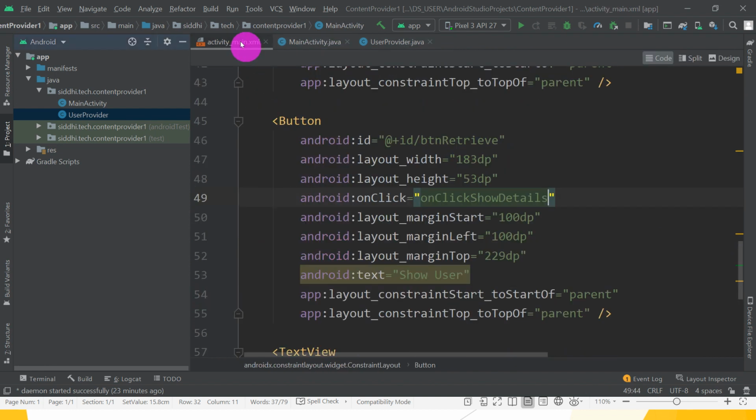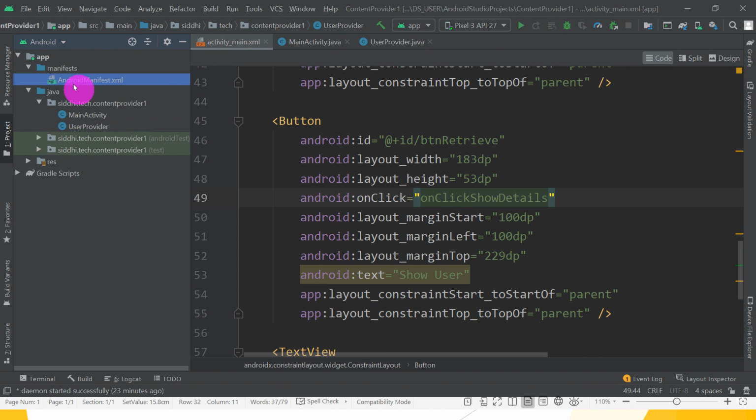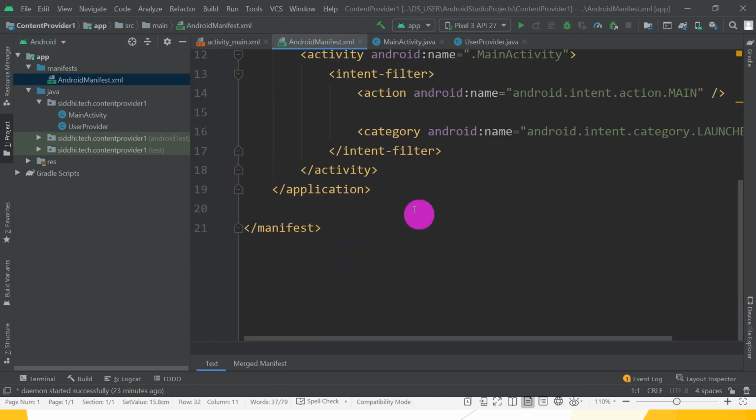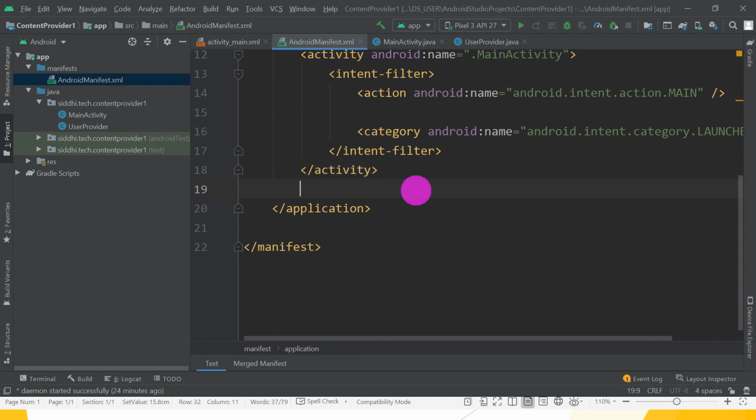In XML, the last thing we want to do is in the manifest file. In the manifest file we want to write one tag. What is that? Provider. So write provider, and close it with a slash.